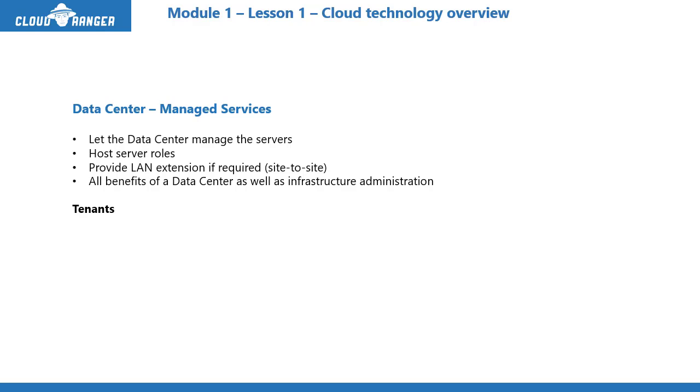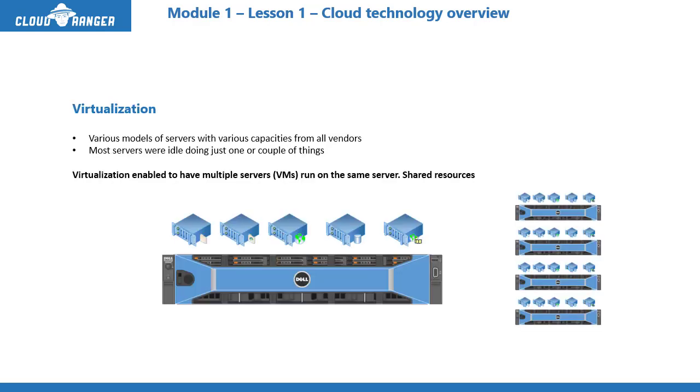These are all very important concepts, whatever I'm telling you, at a very high level. Some of this might be so high level that it may sound inaccurate to some of the veteran IT folks, but that's what built cloud computing, and I'm slowly getting to what that means. So while that was happening in the IT world, virtualization just came in. What virtualization started doing is that, hey, okay, you have this one physical server which has one role on there. For example, it's a file share server. It was just one physical large server like this. I just took a picture of a Dell server here, but it could really be any server from any vendor.